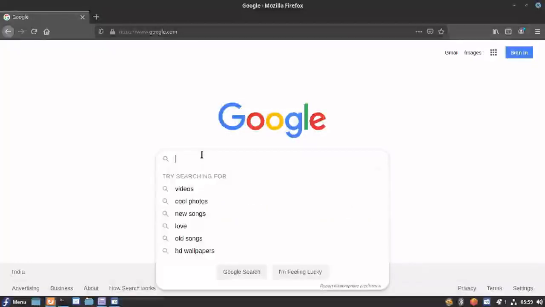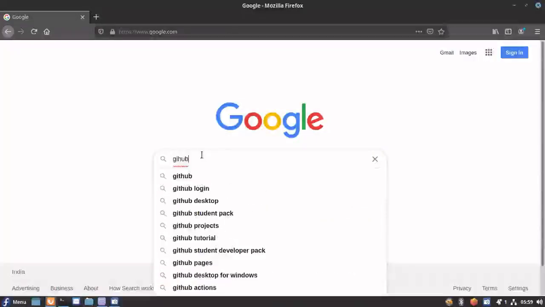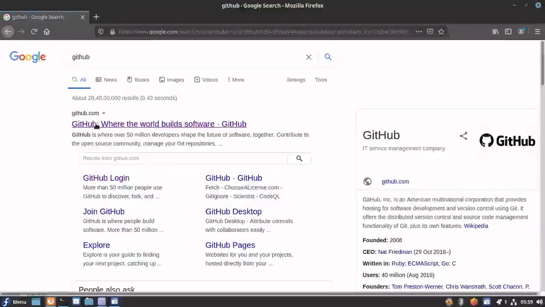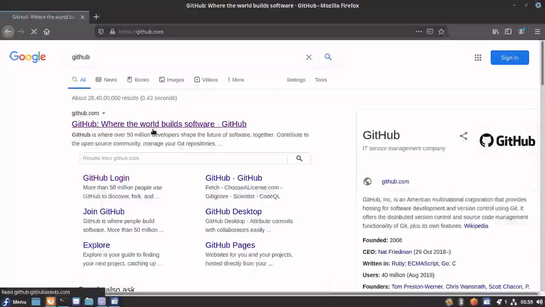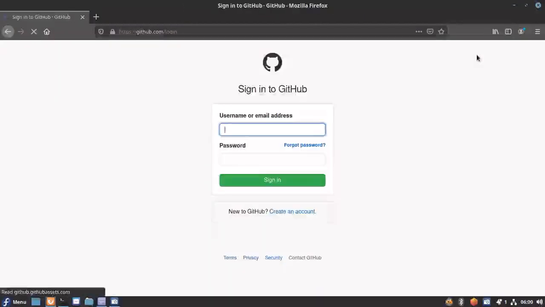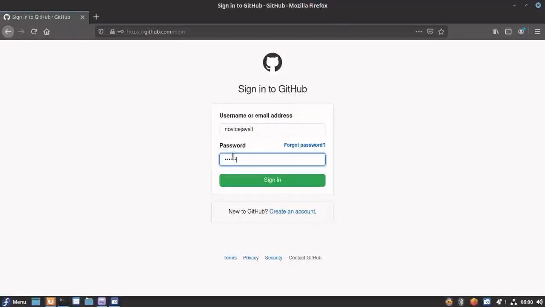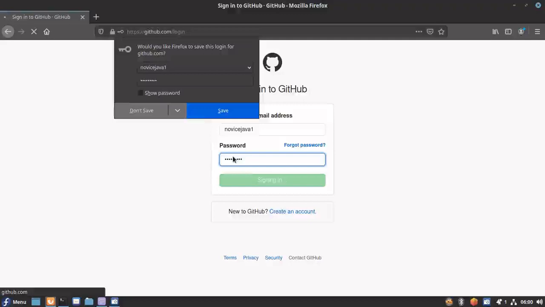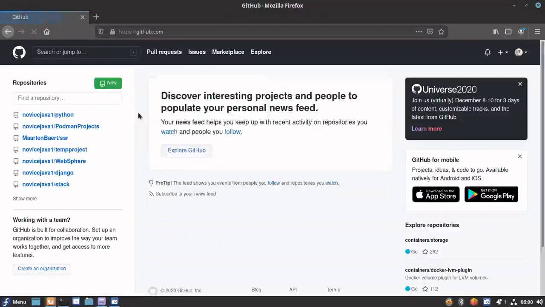So let's open our GitHub portal. GitHub is basically like a distributed version control management system, you can say. But GitHub has more than that. It provides a lot of tools. We can do issue management.